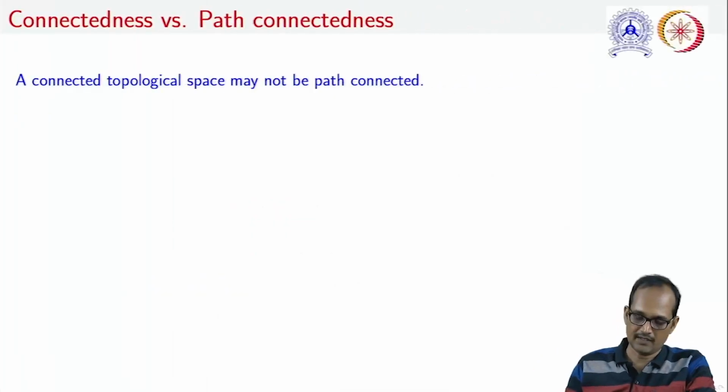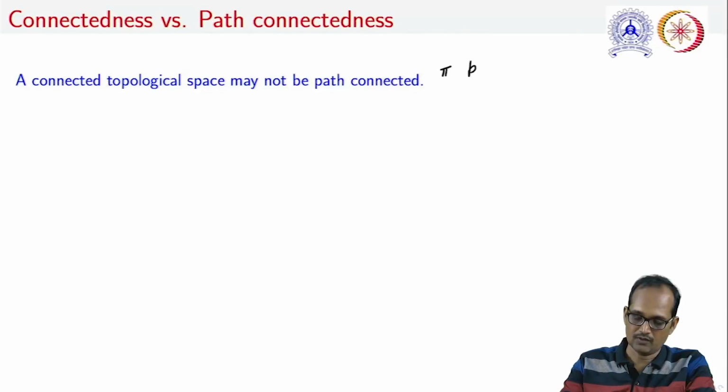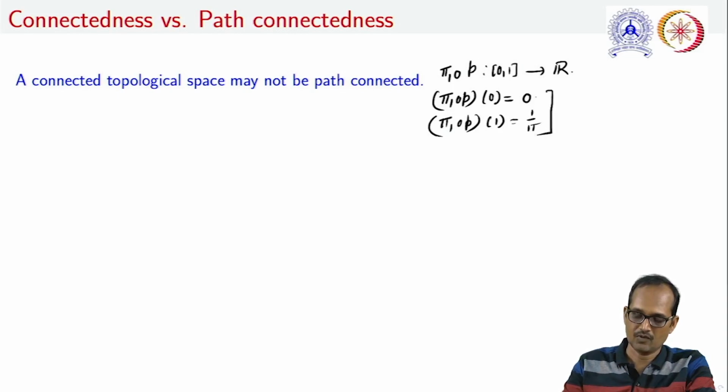So what exactly have we done? We have constructed a function, and this function is the composition of the projection function and the function defining the path, that is p. This function is from the closed interval [0, 1] to the set of real numbers, with π₁ composition p at 0 being 0, and π₁ composition p at 1 being 1 upon π. Because this function is continuous,